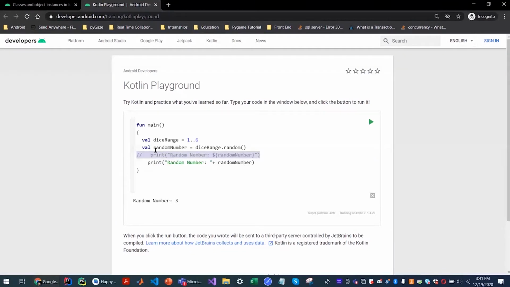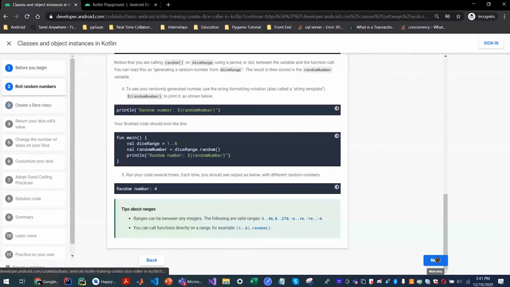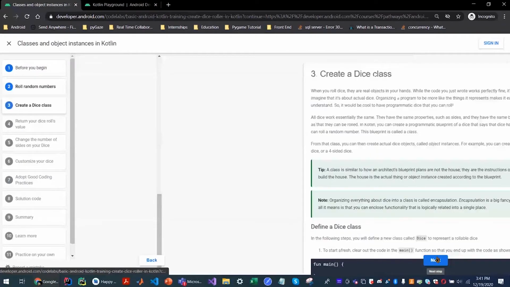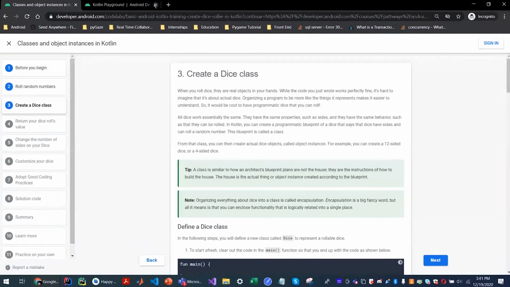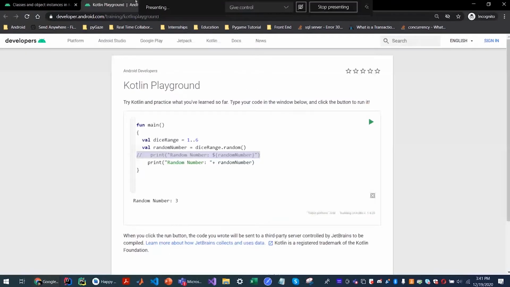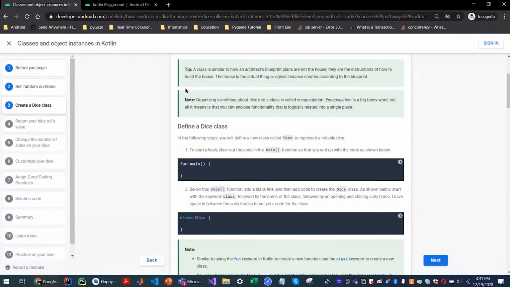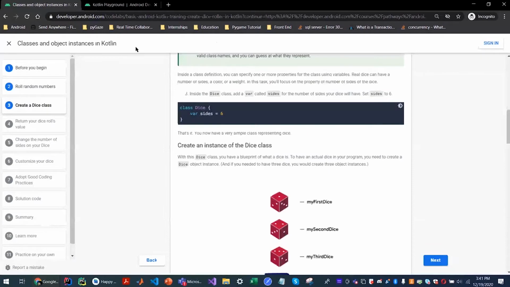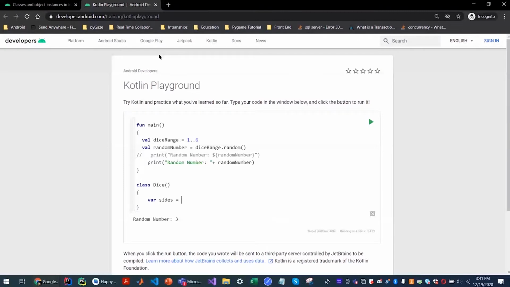Next thing to do is create the dice class. So like I mentioned, a class is a blueprint of things with certain properties in it. And just like fun is a keyword that signifies a function, class is another keyword, which is basically a special reserved word in any programming language that has a specific meaning. Class, like the name suggests, talks about a class. And the class right now, the only property it'll have is size, and we've hardcoded it to 6 now, and we'll see how it changes later on.